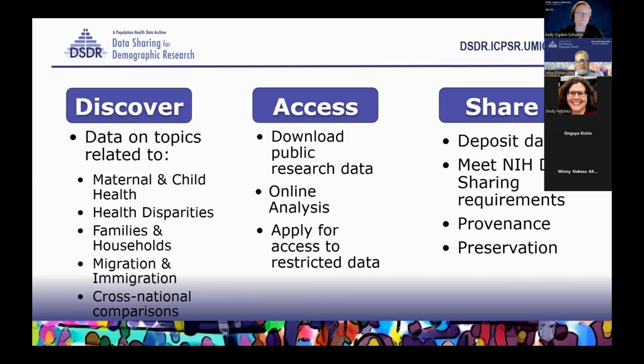Provenance is very important to understand the history and how the data were collected. Provenance includes things like how were the data consented? How were changes made to the data? And our last thing that is particularly important right now is that ICPSR has a strong commitment to preservation. ICPSR has been around for over 60 years, even longer than DSDR. We have a strong commitment to preserving data for the future. This is important for future researchers because often you can only understand the current situation by being able to look at what happened previously. And so we have a wonderful archive of data that we are just maintaining.